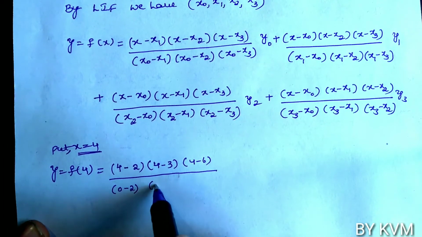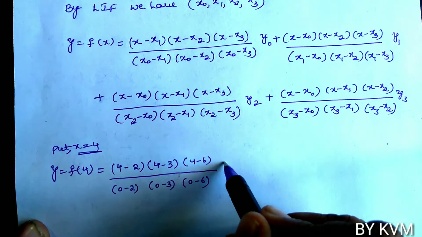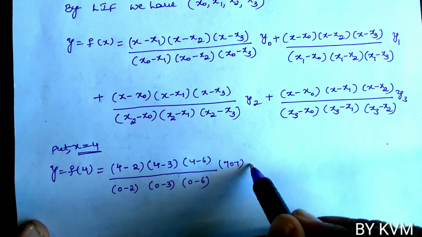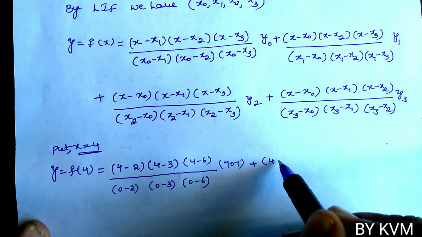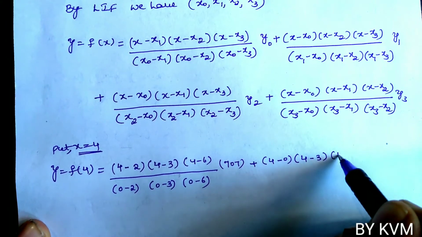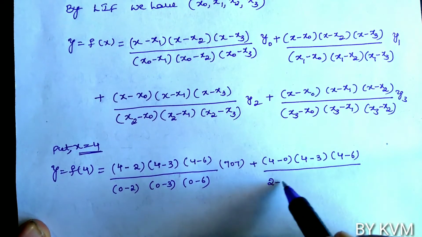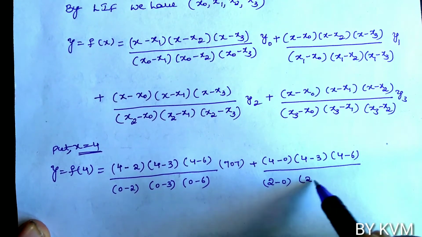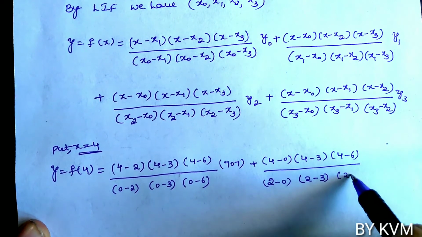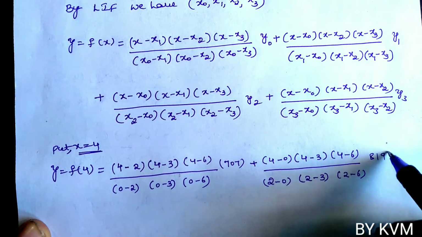0 minus 2 into 0 minus 3 into 0 minus 6 into y0, that is 707, plus 4 minus 0 into 4 minus 3 into 4 minus 6 by 2 minus 0, 2 minus 3, 2 minus 6 into y1, 819,